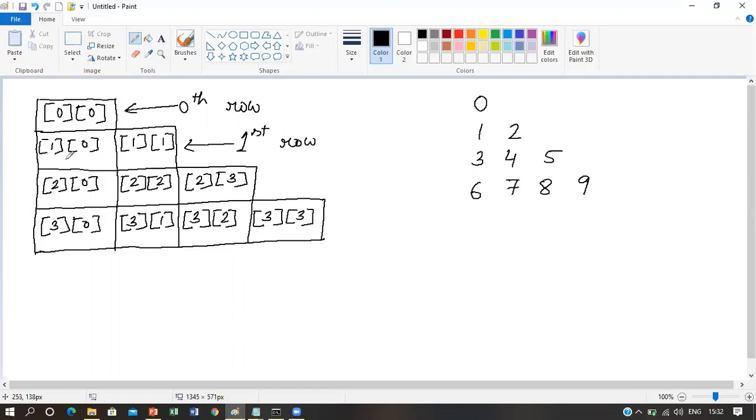In this first row, two columns are there. This is one column and this is another column. This is the second row. In this second row, we can see three columns are there. This is the third row, where you can see that four columns are there. That means for each row, the number of columns is being varied.